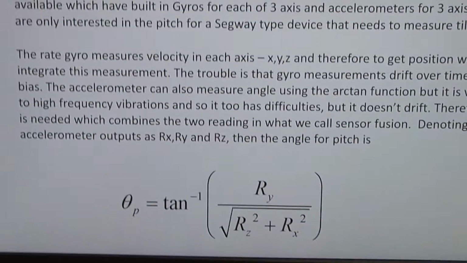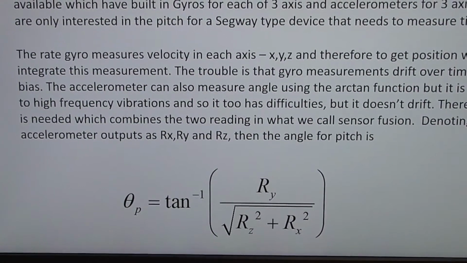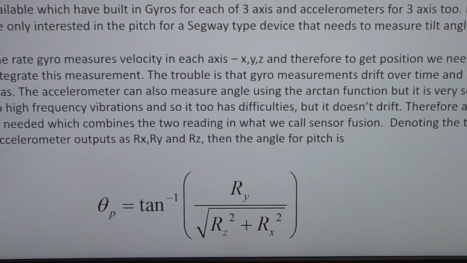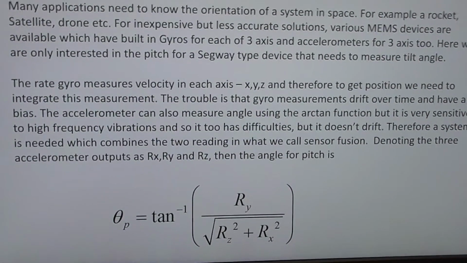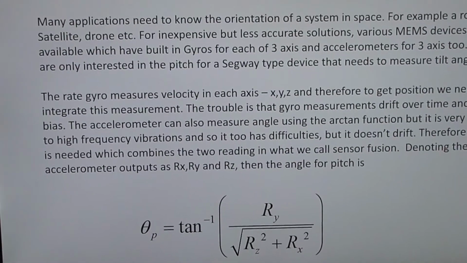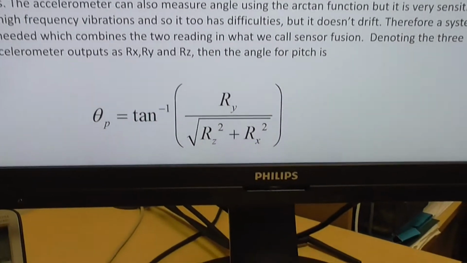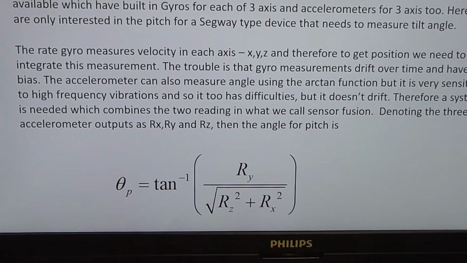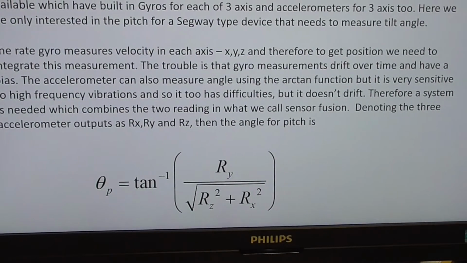Why would we want such a device? Well, we can put it on, say, a Segway, and we can measure the angle that the Segway is leaning at for control systems, or some sort of robotics application, or an aircraft or something, a small model aircraft. The problem with these things is that individually the gyro and the accelerometers have got problems, but together they can